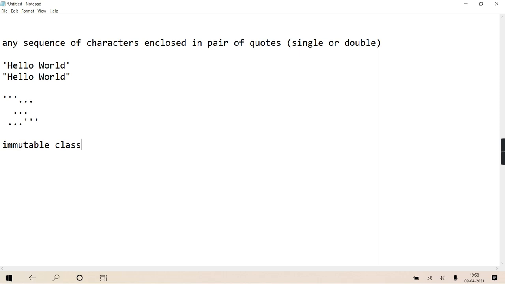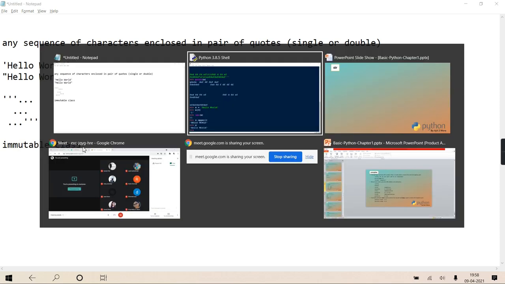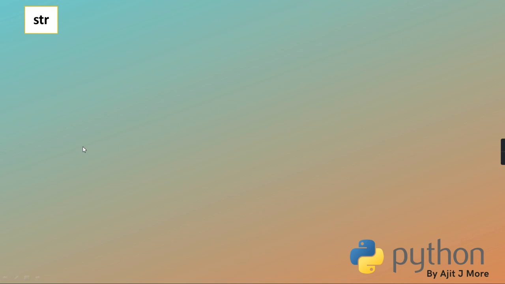If it's mutable, it allows changes to the object. If it is immutable, the object doesn't change itself; rather, it returns a new copy. String is the same: once you create a string, you cannot modify it. It will return a new string. We'll discuss that at the appropriate topic.